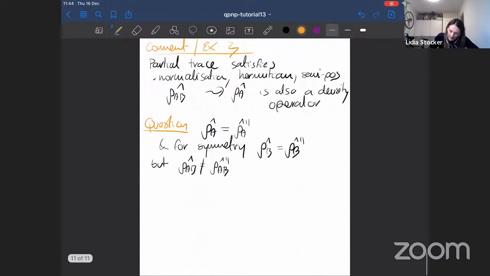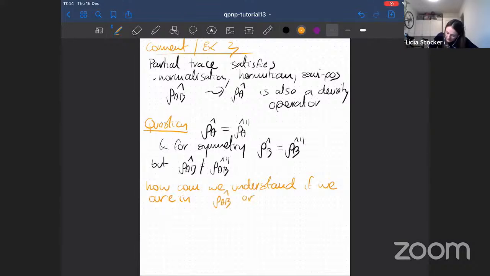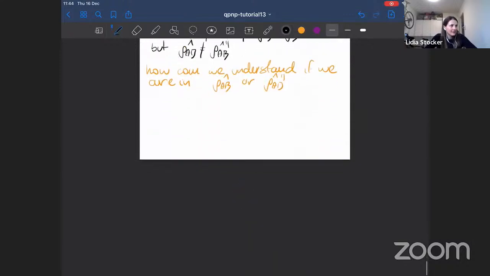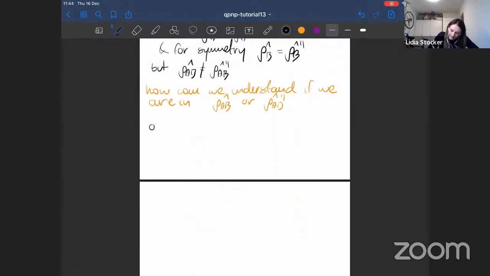How can we understand if we are in rho AB or rho AB'? How can we understand which configuration we are in? And option 1, actually in the exercise sheet it is option 2, so let's call it 2, is to perform